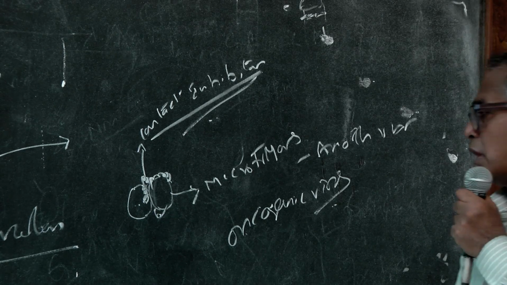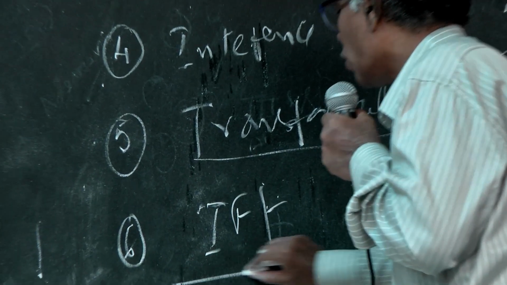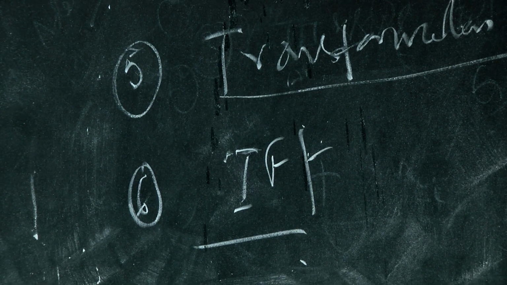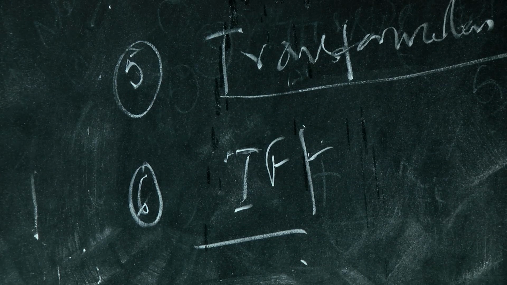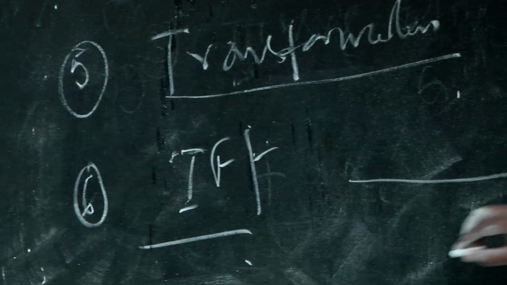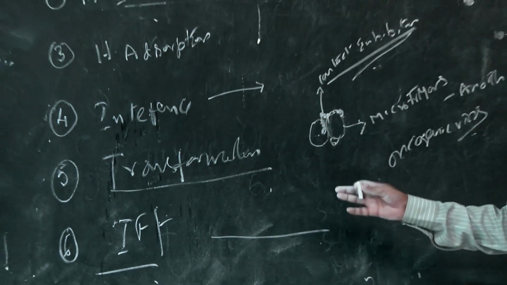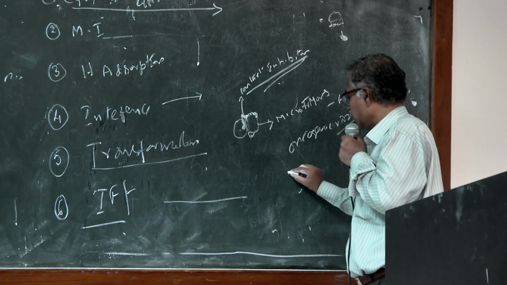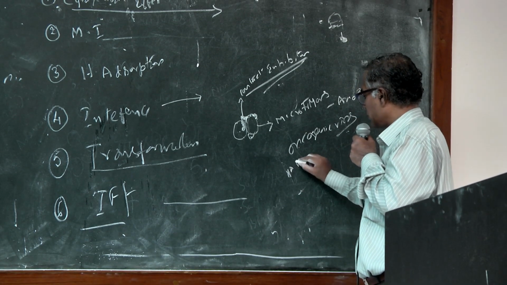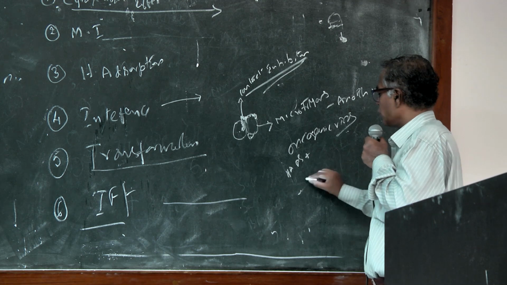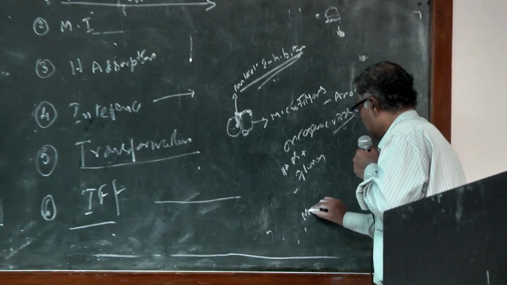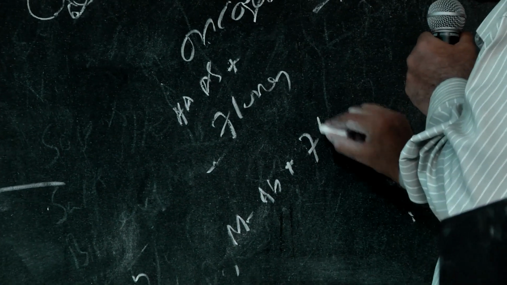Finally, immunofluorescence. This is the best, easiest, and earliest method for demonstration of growth of viruses in the viral culture media. So what happens in the viral media? There is growth of viruses. If you are suspecting influenza virus, you take influenza-specific antibodies conjugated with fluorescein, or if you are suspecting measles, measles antibodies conjugated with fluorescein.